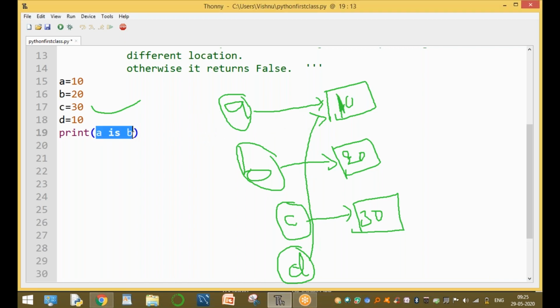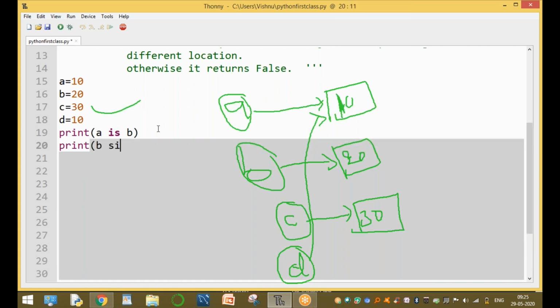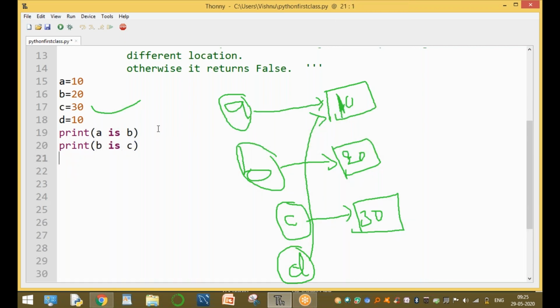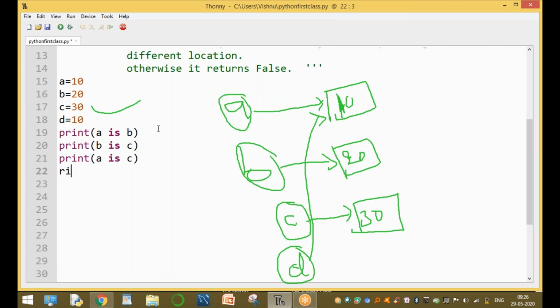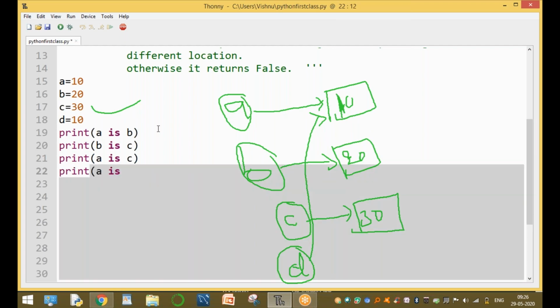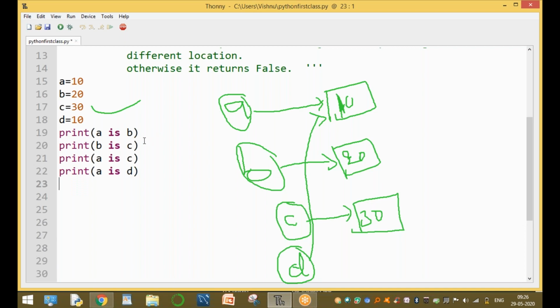Now, a is b: a is pointing to one value and b is pointing to another, so it returns false. Print b is c, false, because b and c are pointing to different locations. Print a is c, false. Print a is d: both are pointing to the same location, so it returns true.